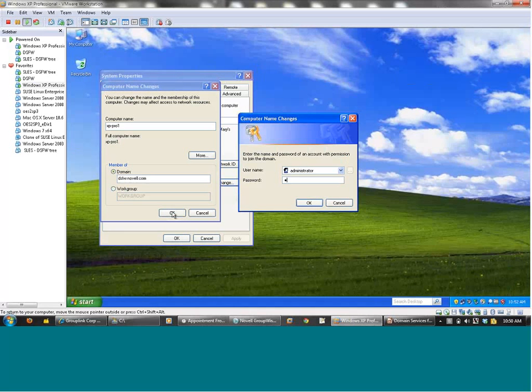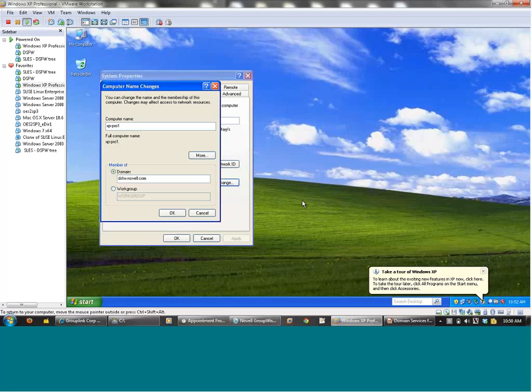Again, if you don't get that prompt, it'll give you an error. It's pretty good, letting you know that it can't resolve the name. That means your DNS on this workstation is not pointing to the DNS on the DSFW server. And DNS is something that after the install, you can go and modify, and if you want to,